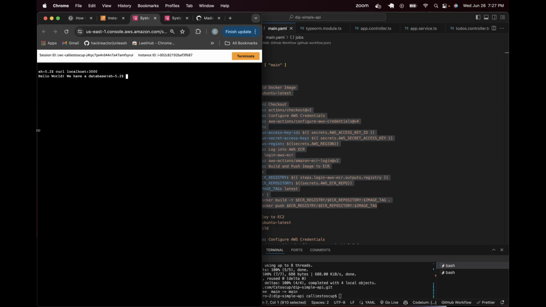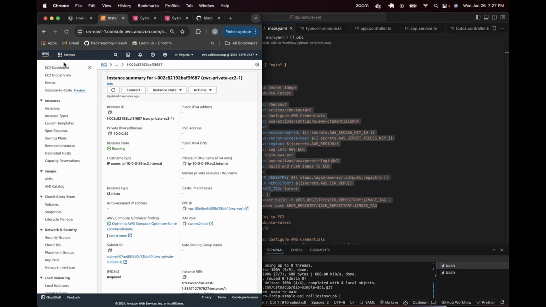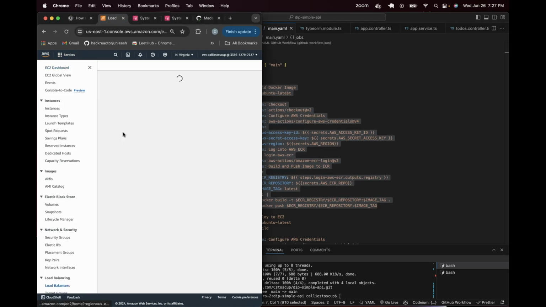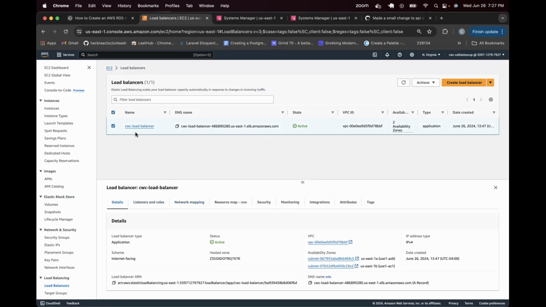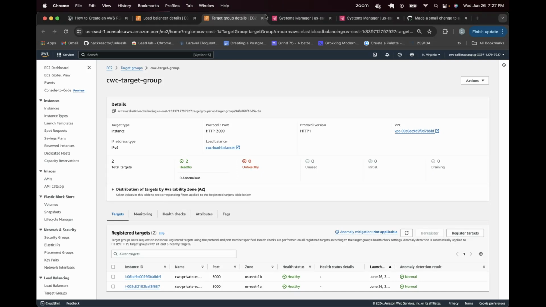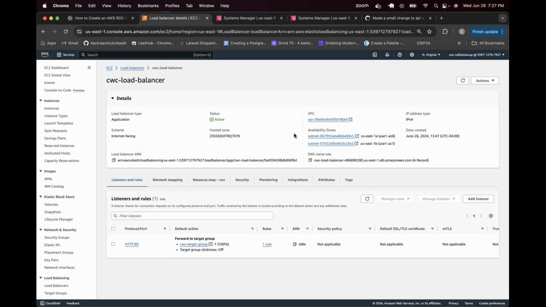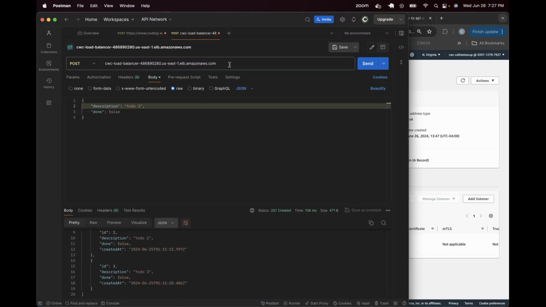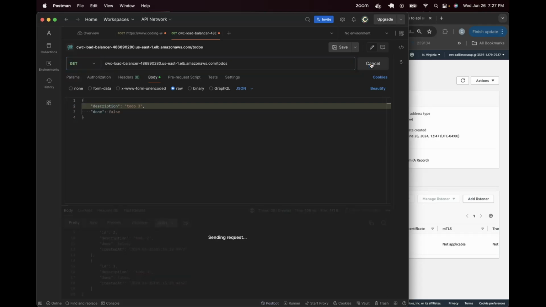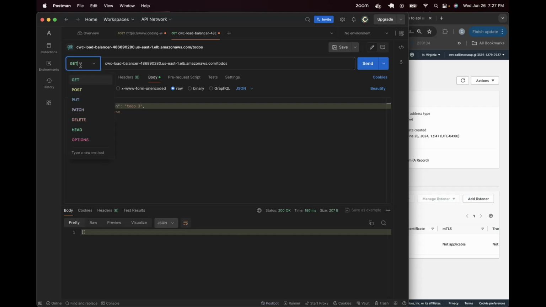Yay, awesome. All right, so now let's go grab our load balancer DNS name, and let's check to make sure that our target group instances are healthy, and we do have healthy instances. So what we can do then is take the DNS name for our load balancer and switch it out with this one. And first let's start with just a GET request. Nothing, and that makes sense because I created a new database today. But let's go ahead and post to